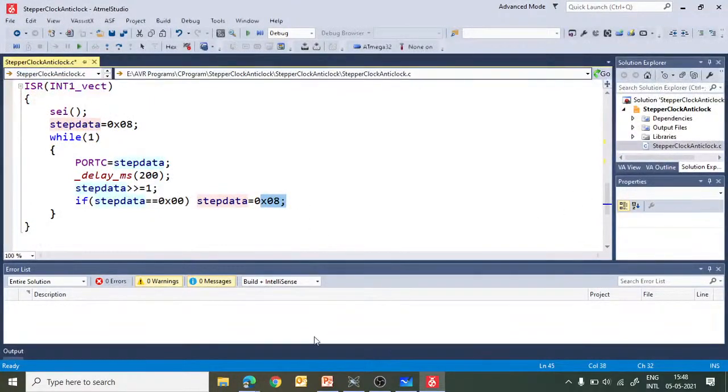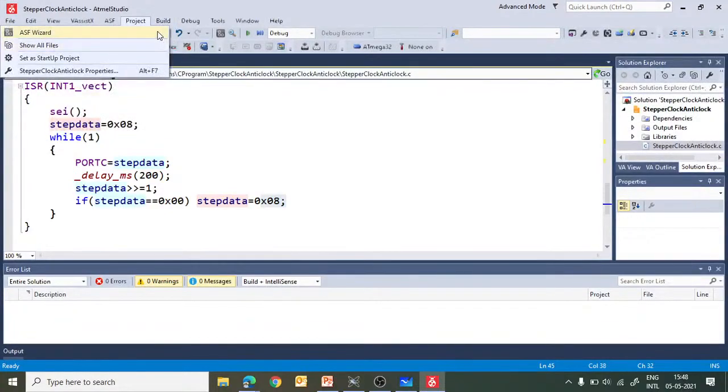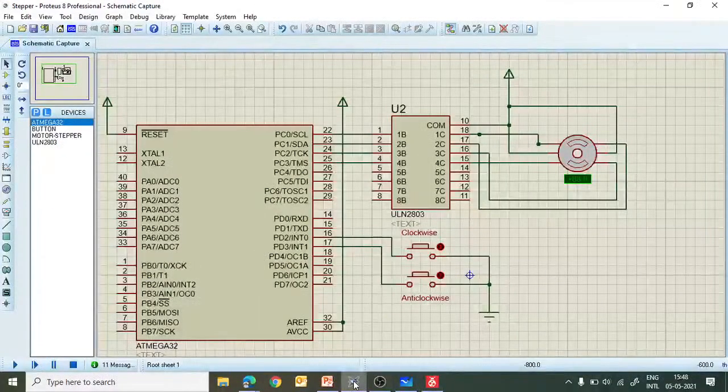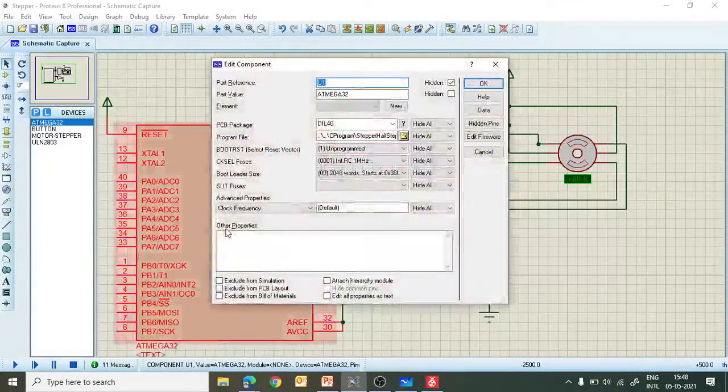So let's execute this program. First of all, let us build this program. Let me specify the X file here.